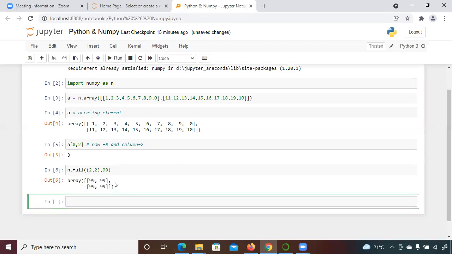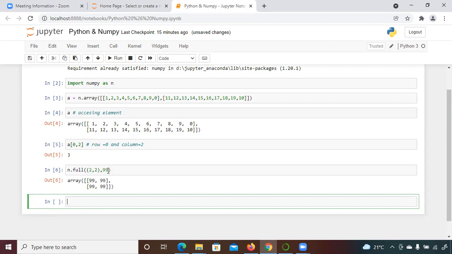Whenever you want to create an array of 2 cross 2, which means 2 rows and 2 columns, and you want every element to be the same, you can give it like this. If you remember, Herman, we have seen np dot zeros and ones, where we were calling two functions, and all the elements were coming similar, like 1 and 0.